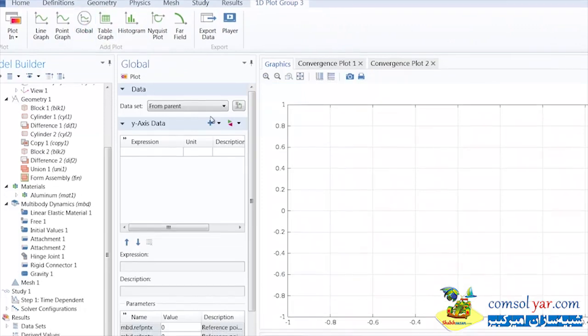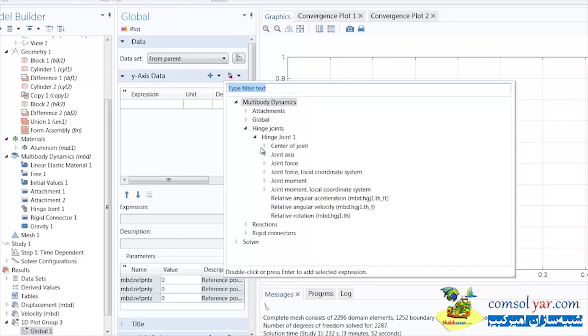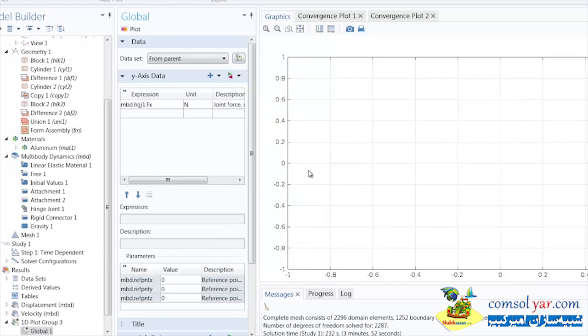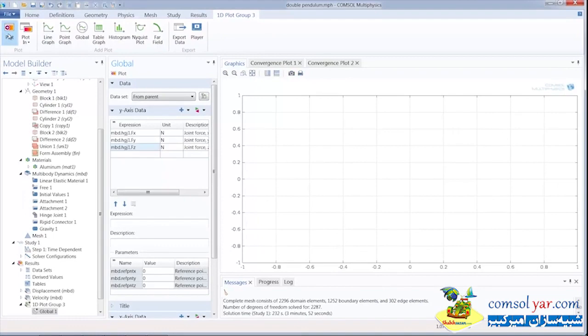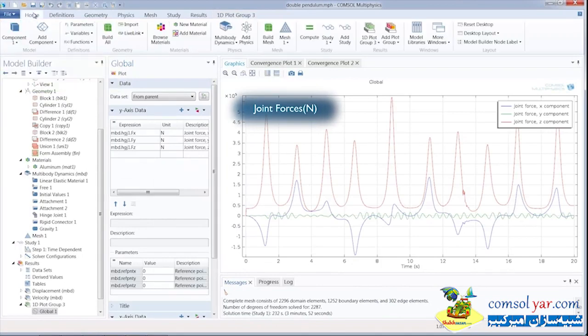In the Plot Settings menu, click Replace Expression and go to Multibody Dynamics, Hinge Joints, Hinge Joint 1, Joint Force, and choose the X component. You can now copy this expression and paste it in the fields below, replacing the suffix X with Y and Z respectively to plot the Y and Z components. To plot the tip trajectory, create another 1D plot group